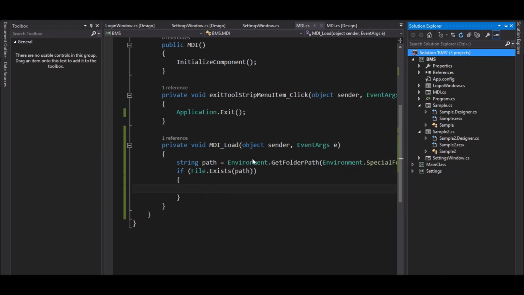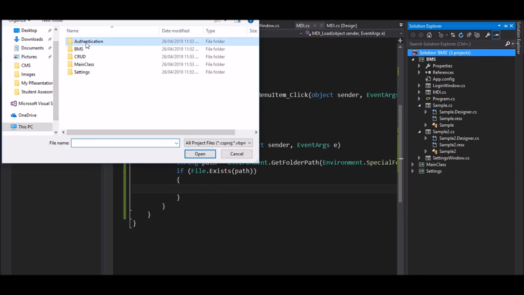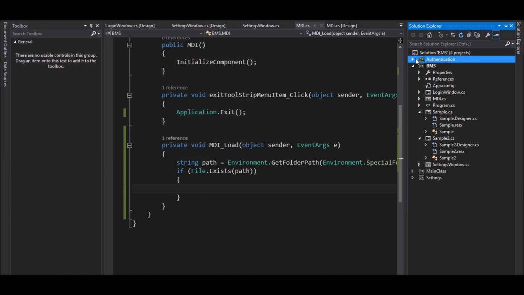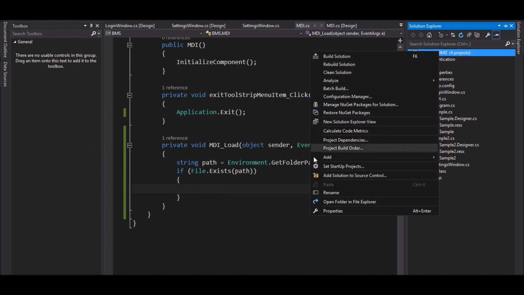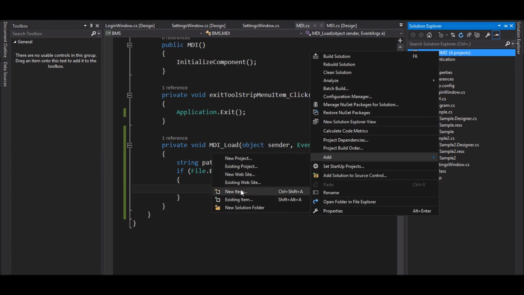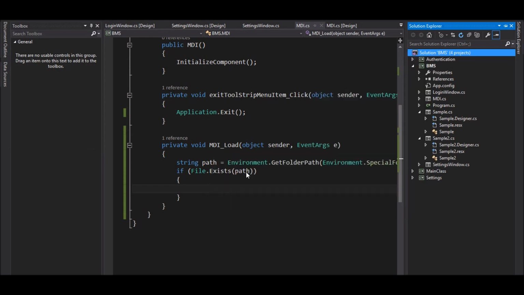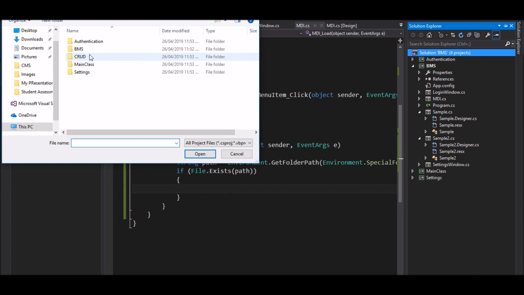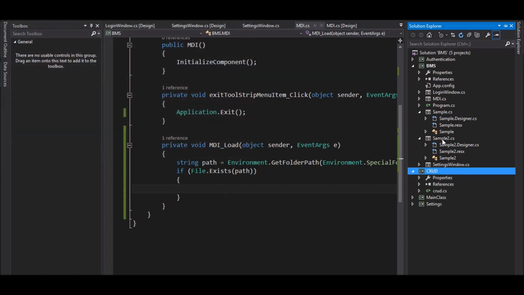So existing project, and that project should become authentication, and then authentication is also added. Okay, because it's coming in the alphabetical order, so it goes on the top, no problem. And now 3, and then the last that I have to add is go to the existing project, and then what should I add? Crude. Yes, so crude. In this module I have written the global insert update select query, so the global code will be used with